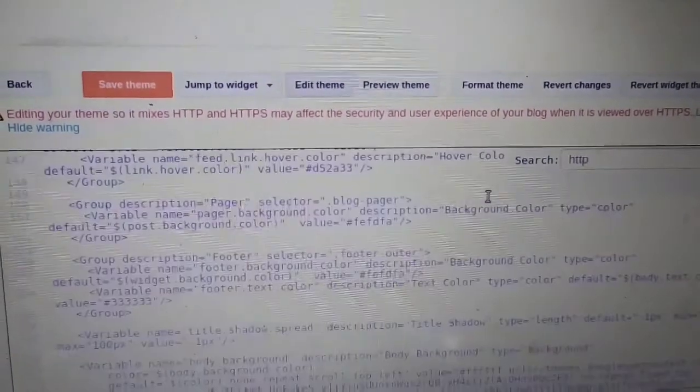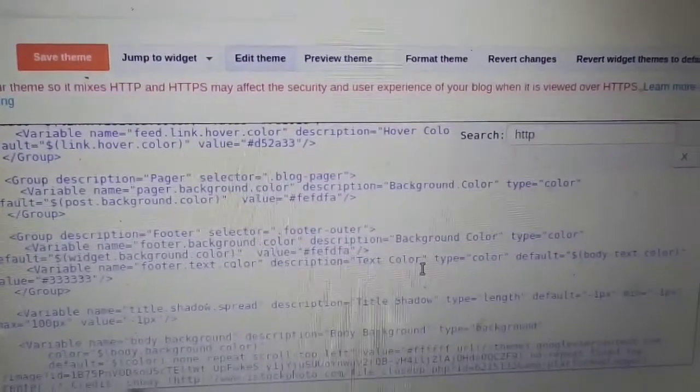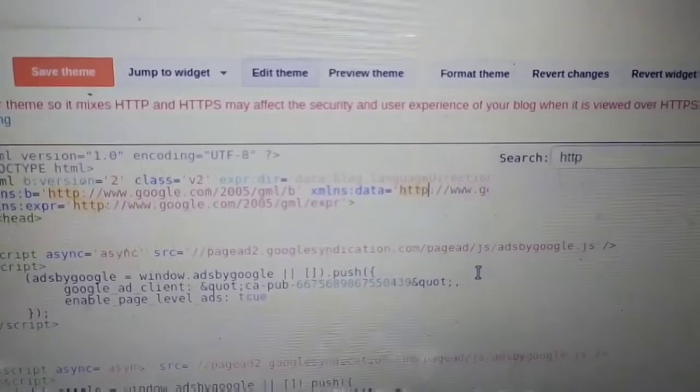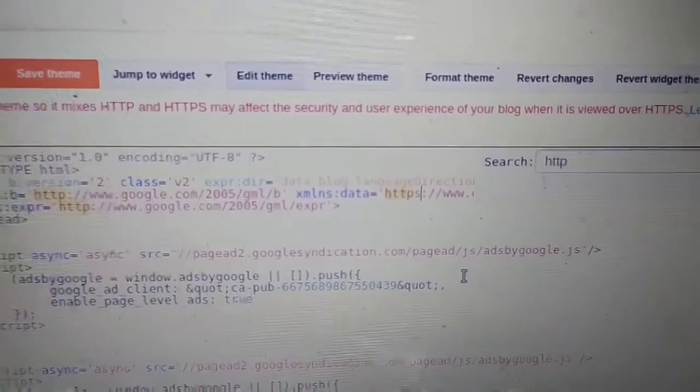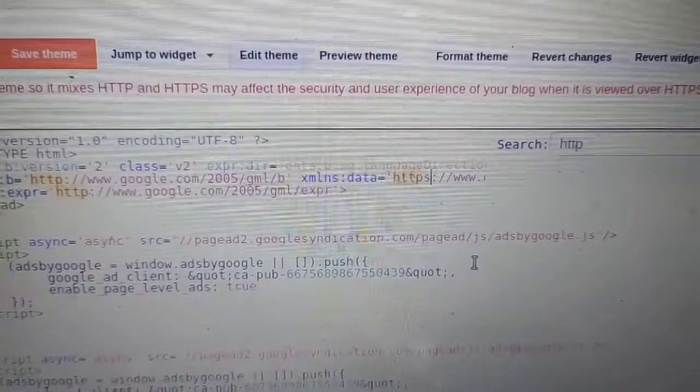Press Ctrl F, search for HTTP, and wherever you find HTTP, convert it to HTTPS. For example, here it is HTTP, so make it HTTPS. Likewise, you can change all HTTP into HTTPS, but it is an optional step. Then click on Save Theme.